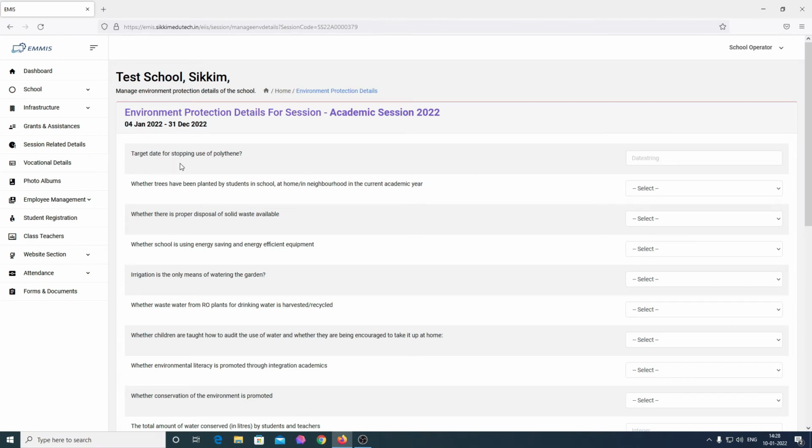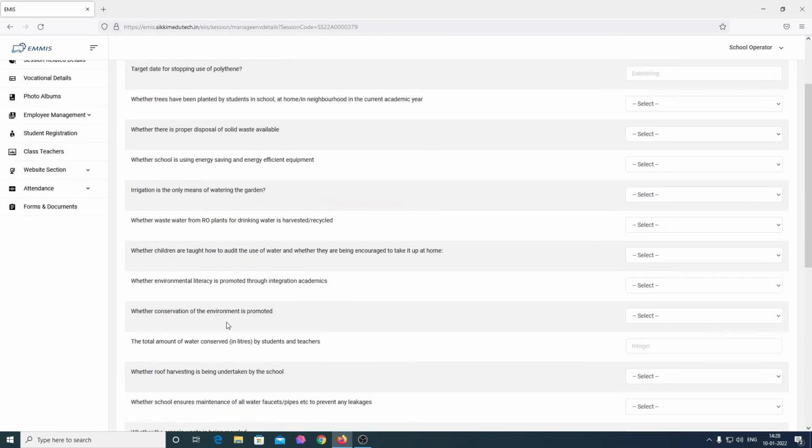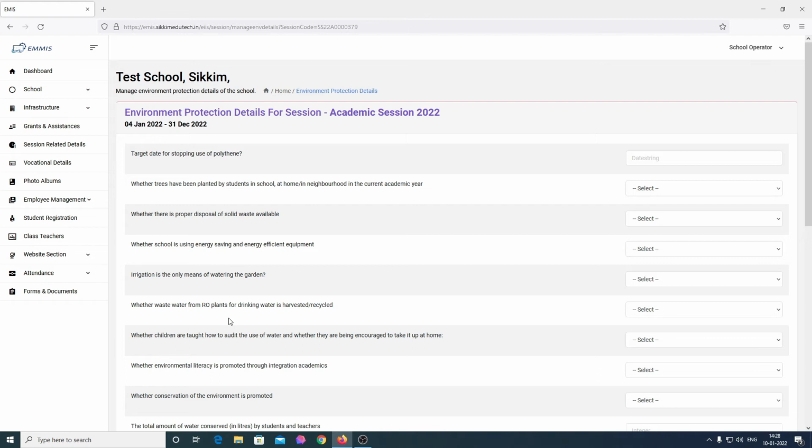Target date for stopping use of polythene. We have numerous environmental protection initiatives for which we are required to enter the details, if applicable to our school or not. So these are the formats based on UDISE. We'll be entering all these details for our school. For environmental protection details for academic session 2022, that is from 4th January 2022 to 31st January 2022, the target date